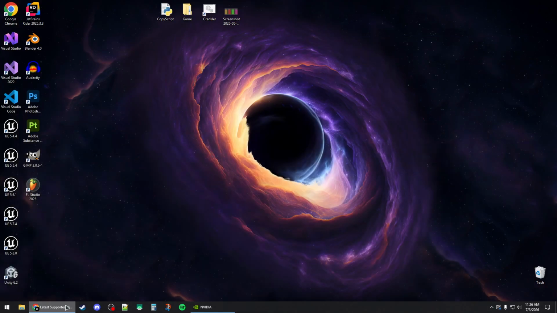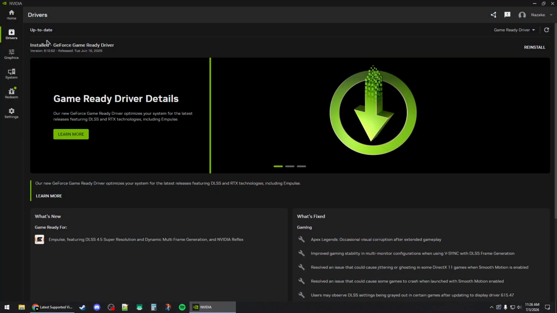So right after the restart, what you need to do is check if you have the latest GPU updates. So you will need to use the NVIDIA app or the AMD software depending on which GPU you're running. And from the drivers tab, you will need to check for the latest available driver update and make sure to